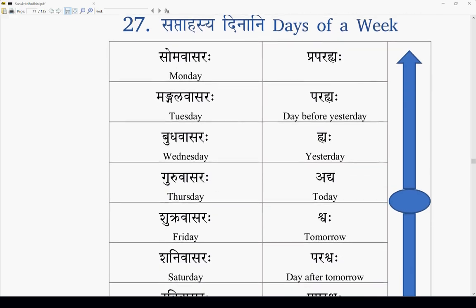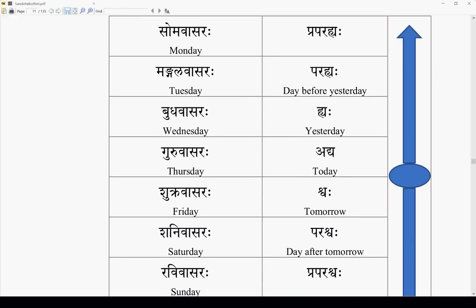So here we have 7 days. The first column shows the names of the 7 days in Sanskritam. Here again, somebody can read. Who wants to read this? Malati Bhagini, are you there? Malati Bhagini, Mangala Bhagini, are you still there? Mahodaya, I will read.